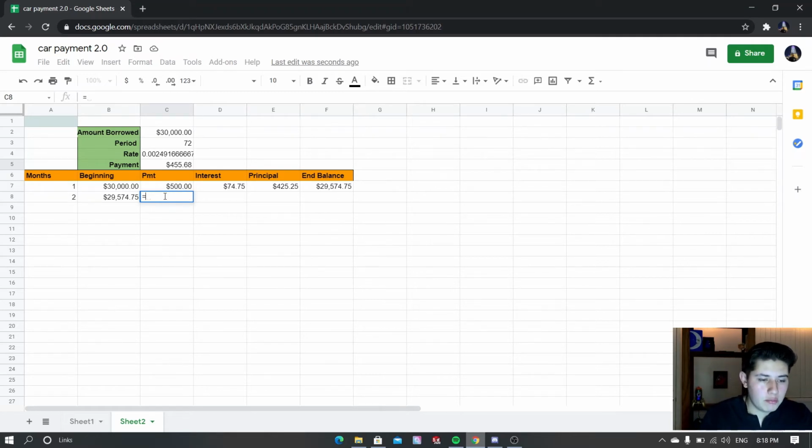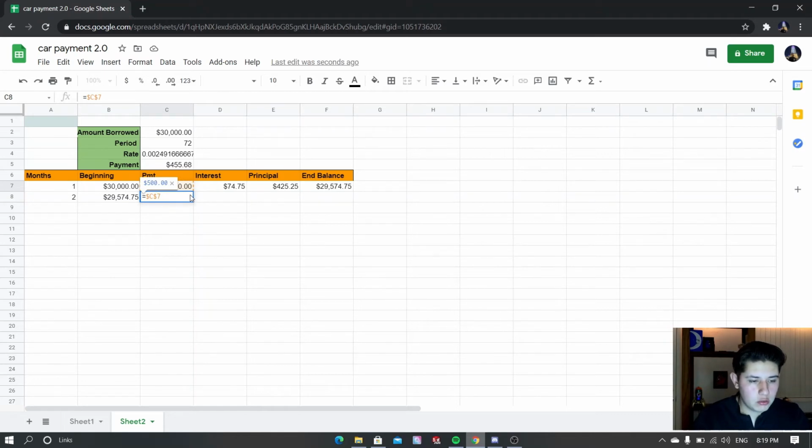You could pay even way faster than you think, save money, save time. So what we can do is put an equal sign and then select the $500. However, if you want to lock it in place, you will want to put the dollar sign in between the C and the 7, and then the equal sign in the C. What that's gonna do is lock the $500 no matter what